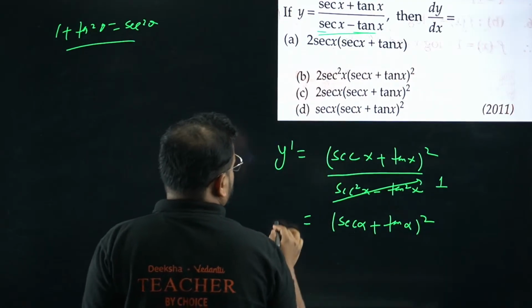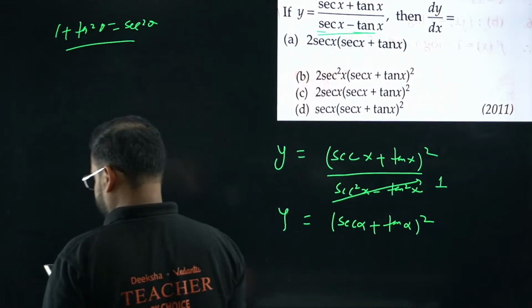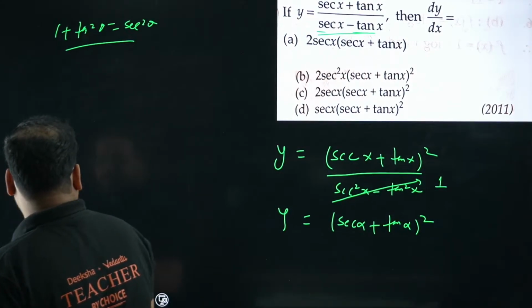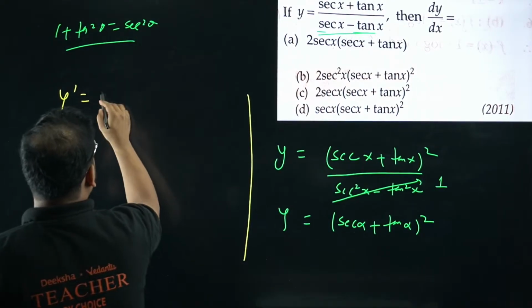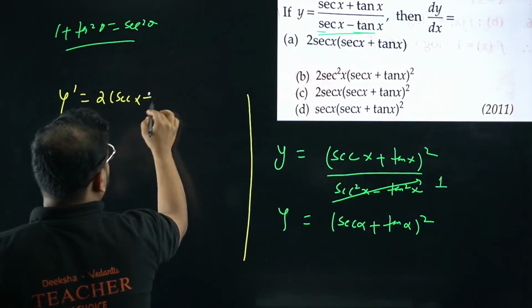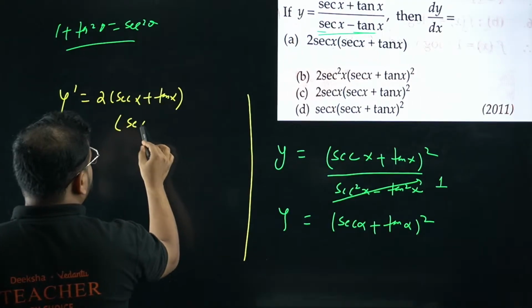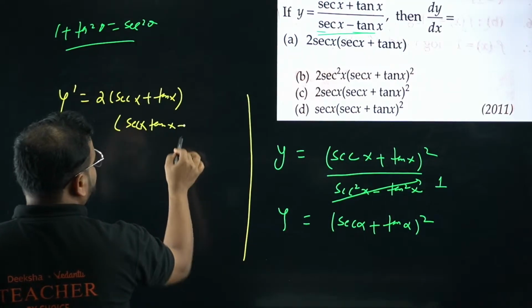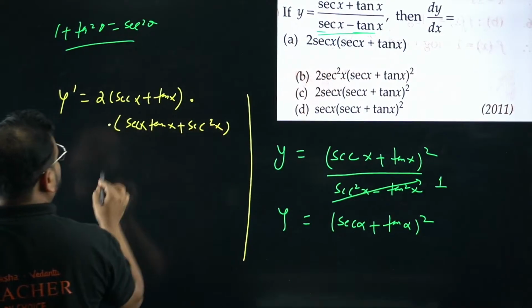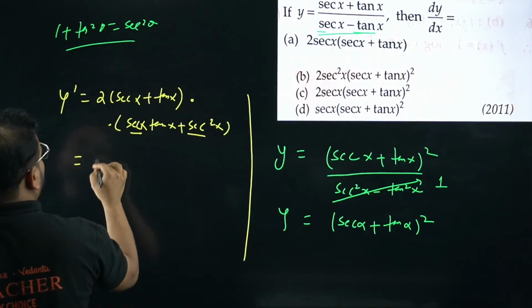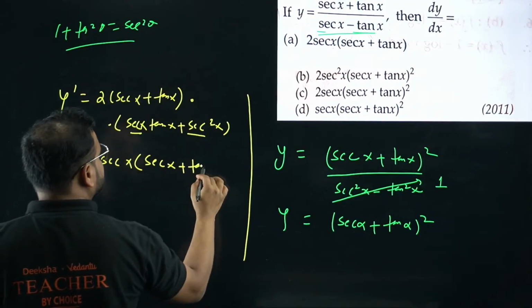Now you can differentiate. Sorry, this is not y, this is y dash. Forgive me for this. Let's differentiate now. You can find the derivative now. We'll have this result as y dash equals 2 times sec x plus tan x. Now differentiate the inside bracket also. So sec x becomes sec x tan x, and tan x will become sec square x. This is in multiplication, I can take sec x common over here, so I'll have 2 sec x. Please check, this bracket is nothing but sec x plus tan x.